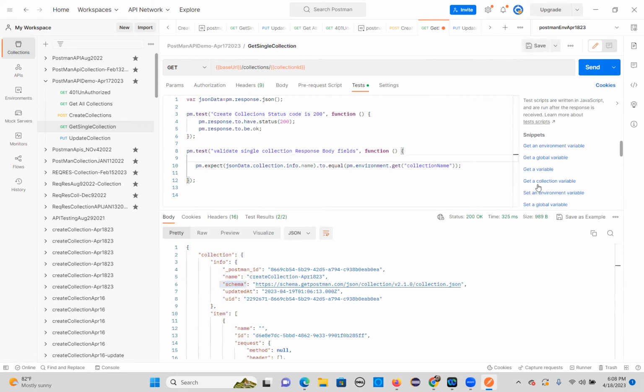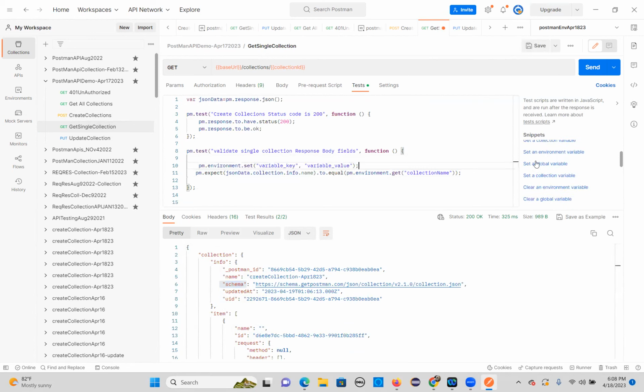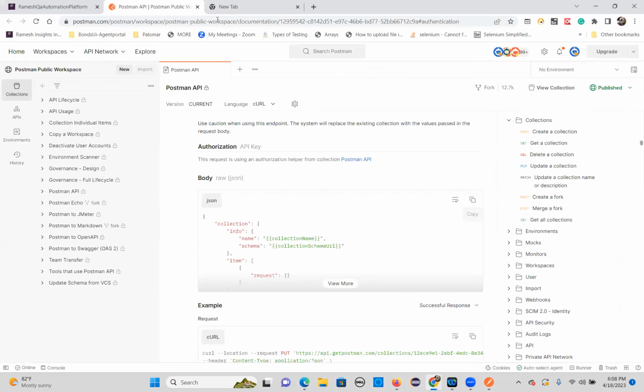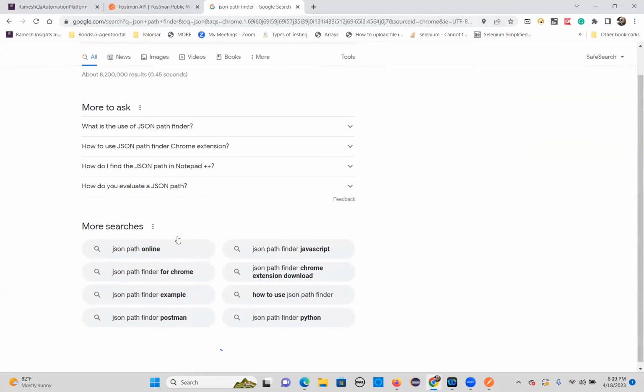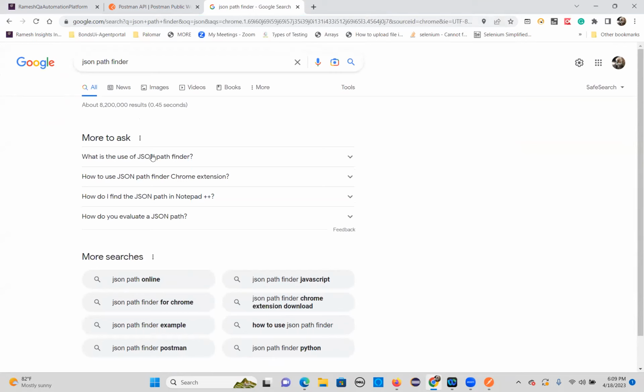How to set this? Go to set environment variables. What is the schema URL? That schema URL I'm going to use in another place. So what is the value? How can you get this value? I told you a very easy way. What is the easy path? If you don't know how to get the path, what do you need to do? JSON path. JSON Pathfinder is the best tool. It will help you to